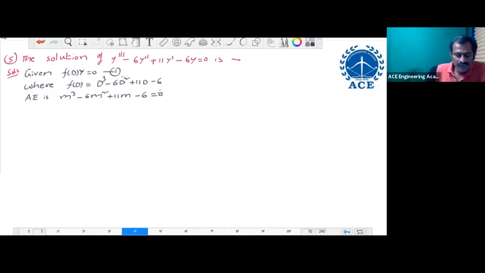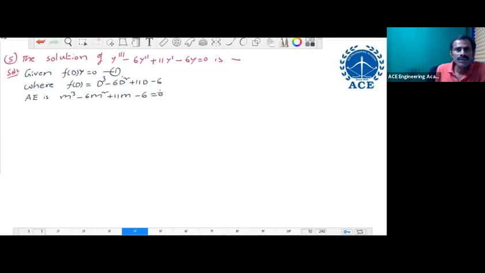Up to quadratic equations, if it is a linear equation, directly we can write the solution. If it is a quadratic equation and it is possible to write the factors, we write the roots directly. If it is not possible to write the factors, we use the general formula for finding the roots of a quadratic equation: x = (-b ± √(b^2 - 4ac)) / 2a. But from third order onwards, like this equation, we don't have any particular method for writing the roots of the equation. So to find the roots of this third order equation, by trial and error method,